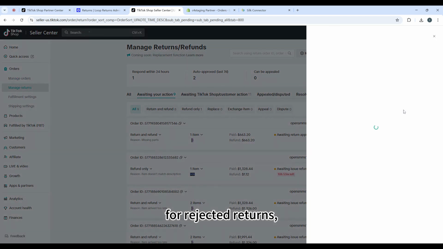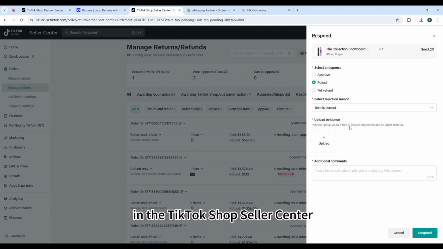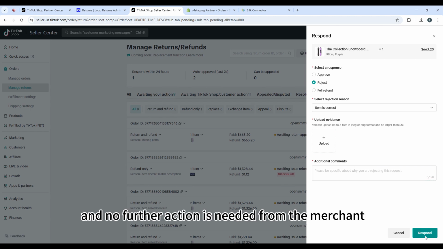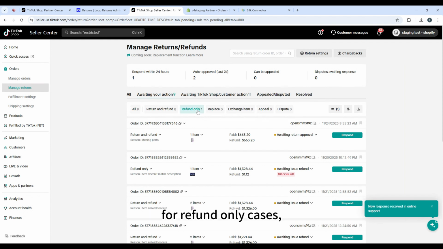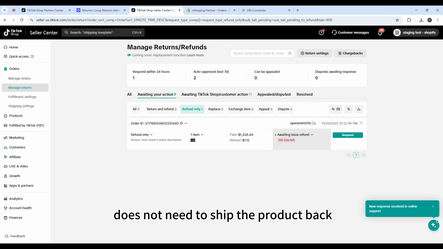For rejected returns, if you choose to directly reject a return request in the TikTok Shop Seller Center, that request will not create any record in Loop returns, and no further action is needed from the merchant on Loop returns for this case. For refund-only cases, meaning refund requests where the buyer does not need to ship the product back,